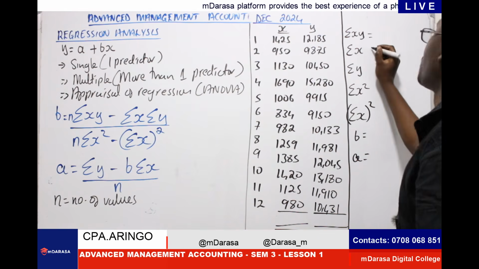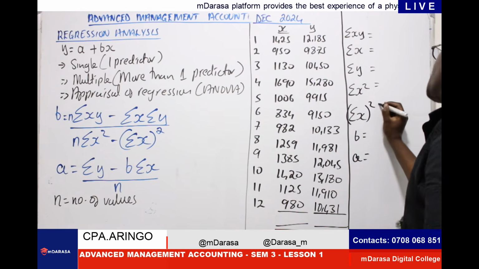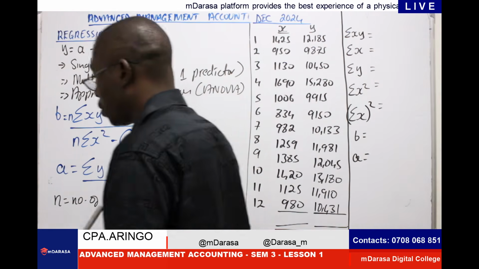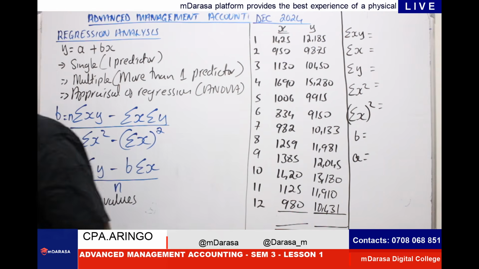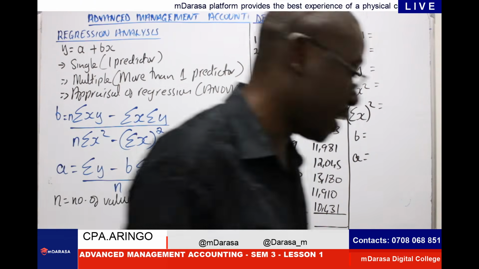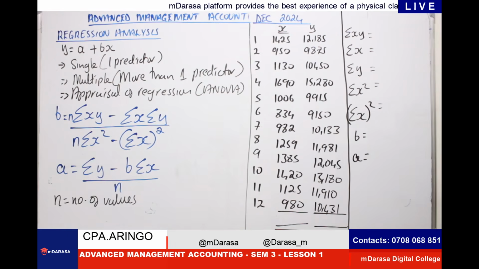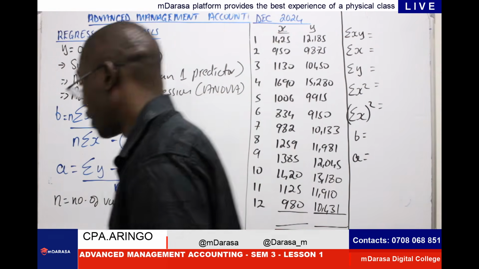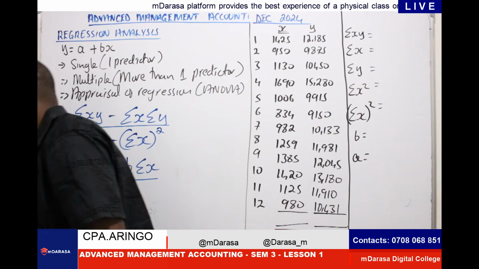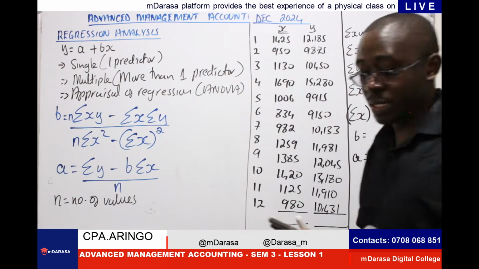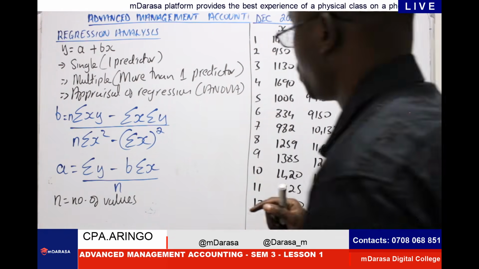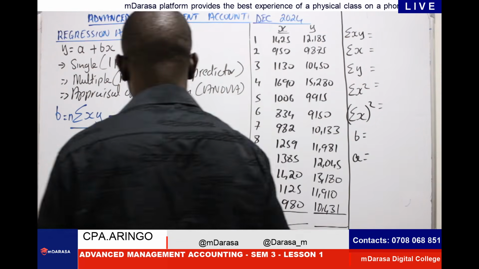So once we have this, I want us to jump straight to our calculator. There is an instruction I gave some time back on how to go about this, but I'm going to work it out for us so that you can get this right. In our calculator, I want us to follow these steps, whereby we need to clear the calc first. How do you clear?